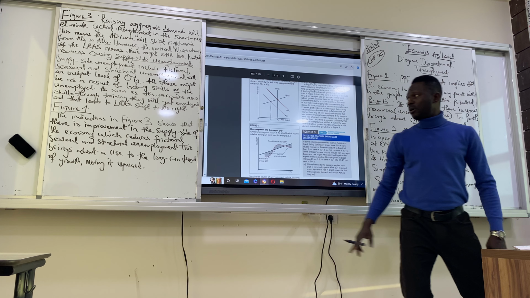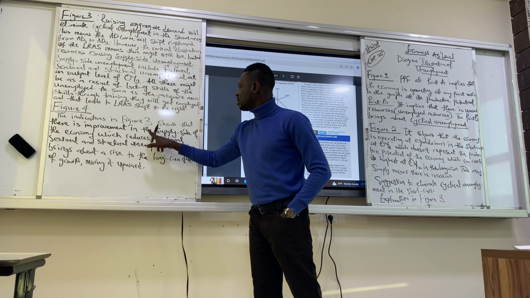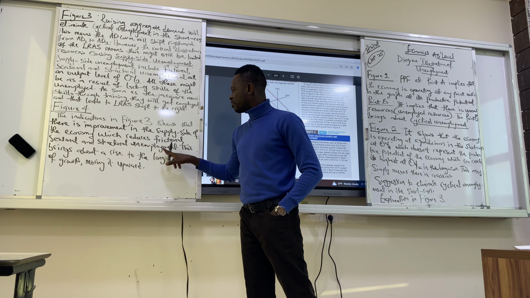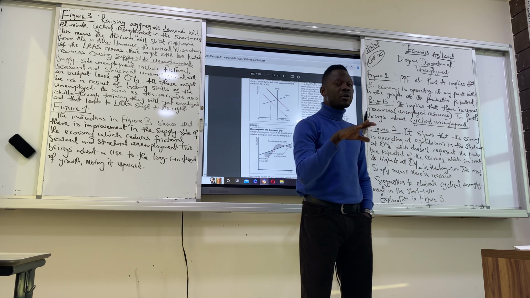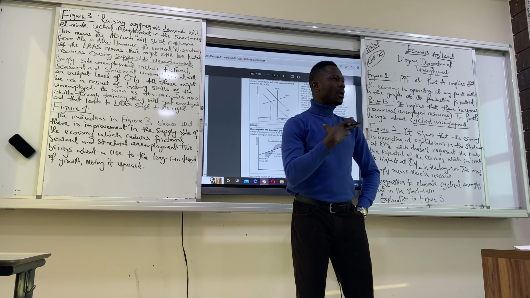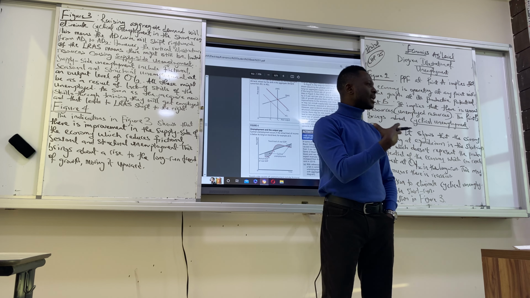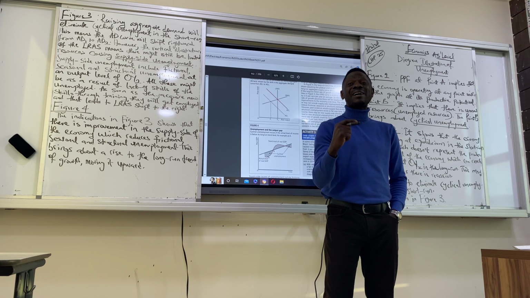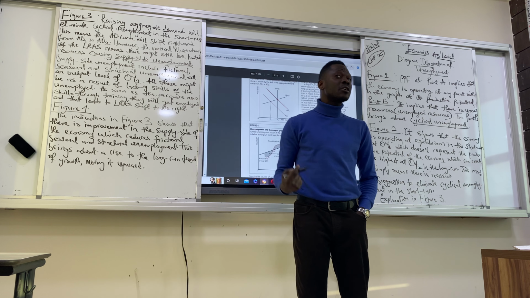So look at figure 4. The indication in figure 3 shows that there is improvement in the supply side of the economy, which reduces frictional, seasonal, and structural unemployment. We have seasonal, structural, and frictional unemployment because we don't have the skills. I might not have a job in the season. What I'm saying is, maybe I only have a job during the winter. In the summer, I don't have a job. Why? Because I don't have the skills to work in the summer. If I have a skill to work in the summer, I should get a job in the summer.